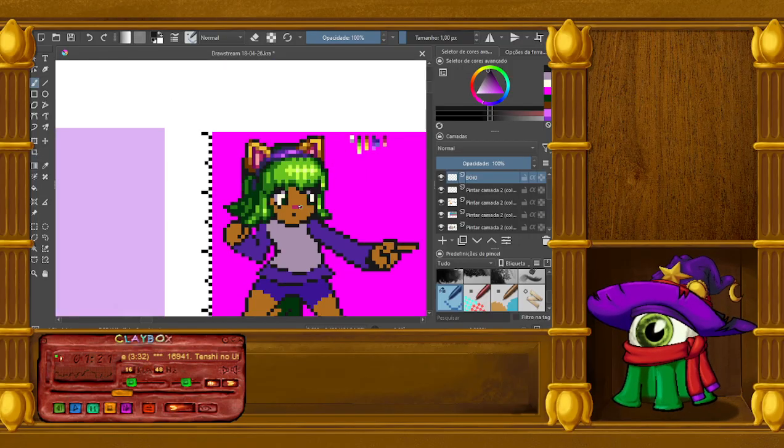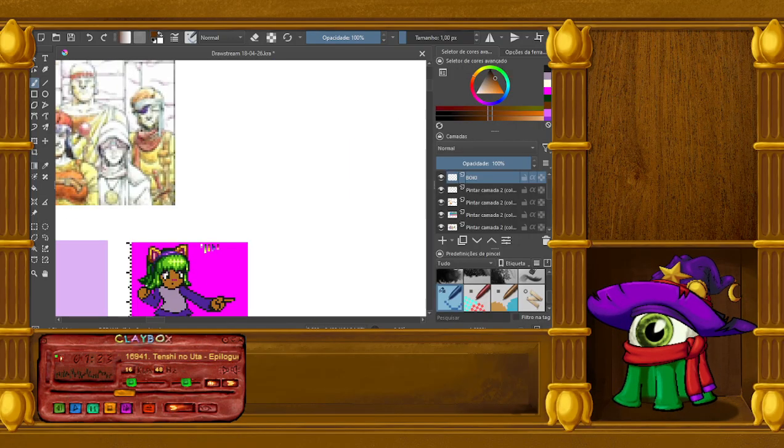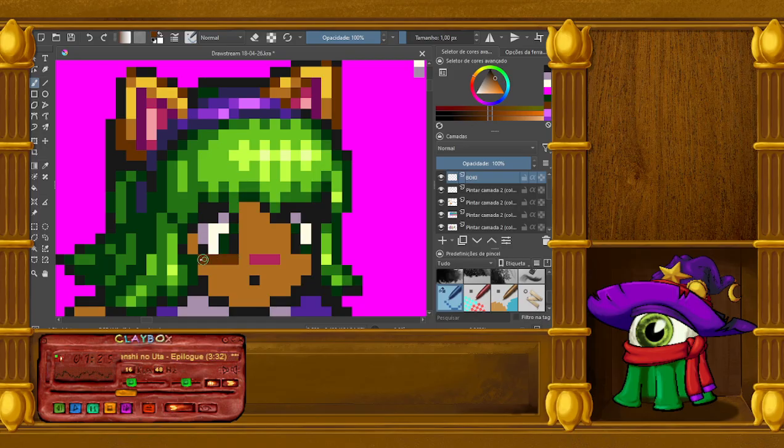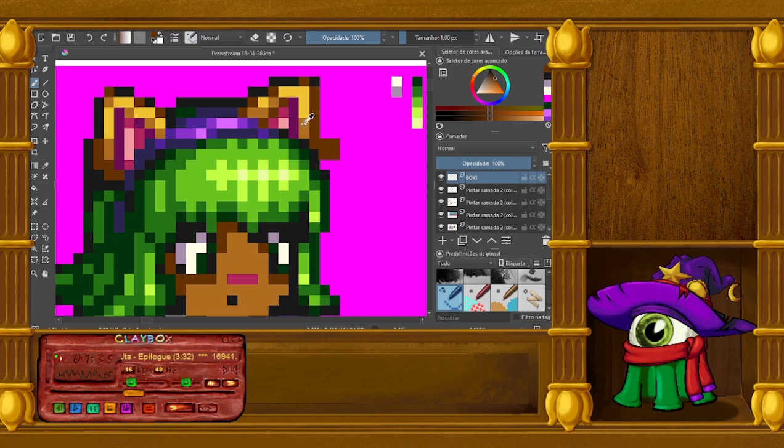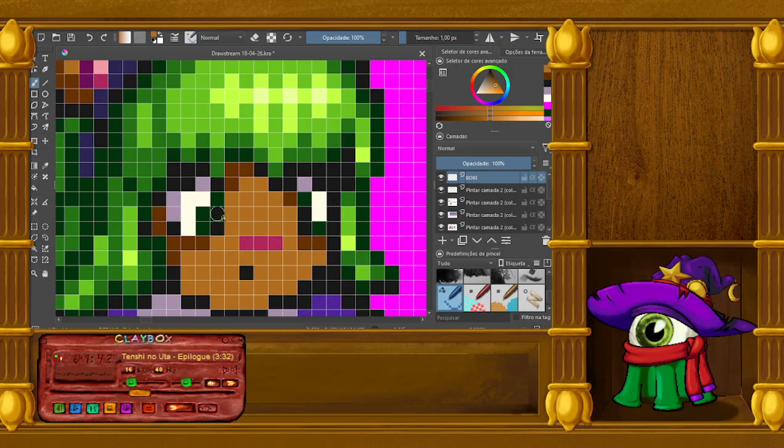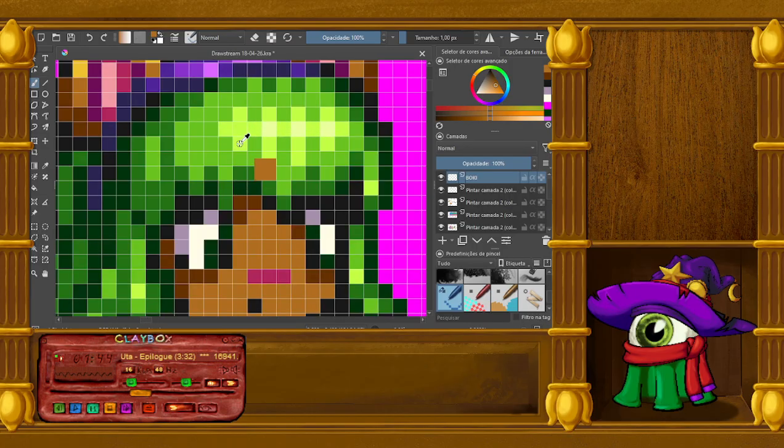Her expression is kind of really angry. Let me give her some shading on the face to make it less stern. And now let's use the colors. So the darkest color of her eye is actually not